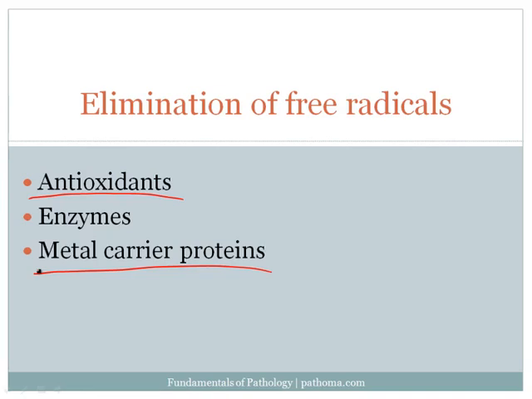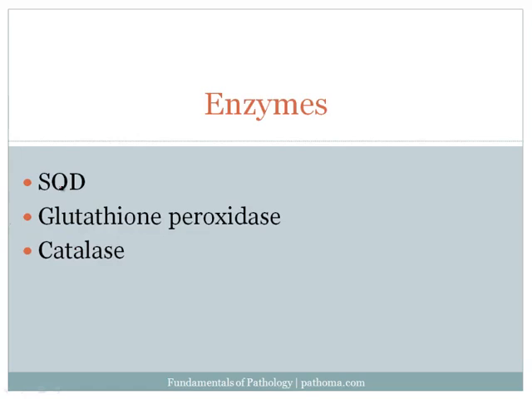The third category of substances that can eliminate free radicals are enzymes. The reason why I take on this category last is because there's a little detail here from biochemistry that examiners expect you to be familiar with. So let's briefly talk about the enzymes. There are three major enzymes, each of them relatively high yield, that are important for the elimination of free radicals. I think that the easy way for me, at least, to remember these is to go back and create that same biochemical paradigm that I highlighted earlier,